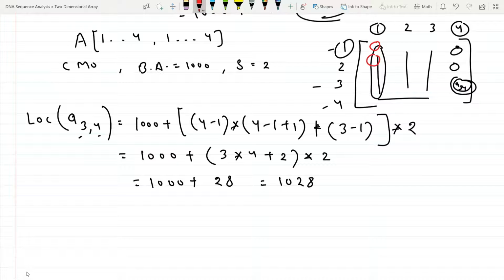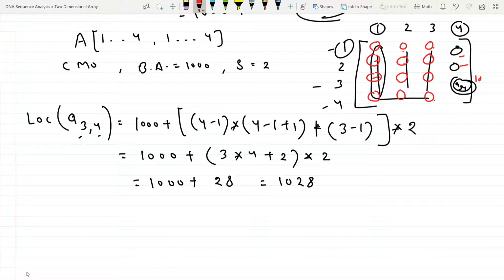Column wise, it is 1000, 1002, 1004, 1006, 1008, 1010, 1012, 1014, then 1016, 1018, 1020, 1022, 1024 and 1026.